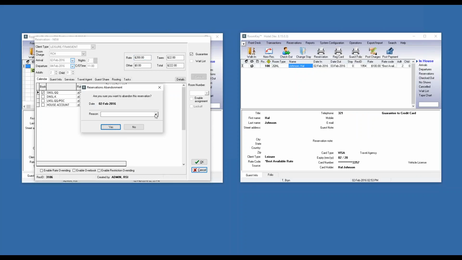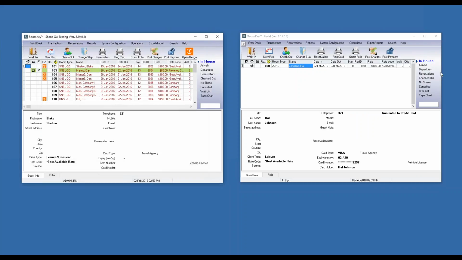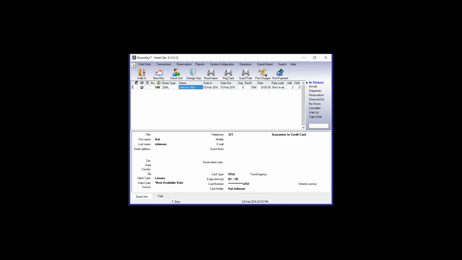Okay, I'm going to stop sharing just for a moment here. And we're going to go back to just the main RoomKey screen. Okay, next we're going to move on to